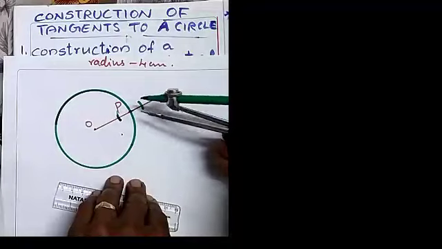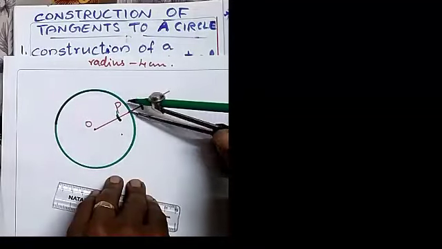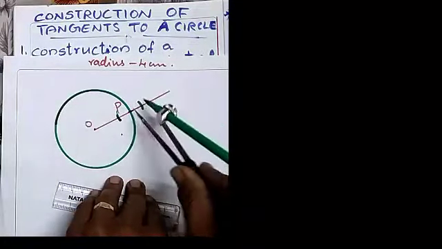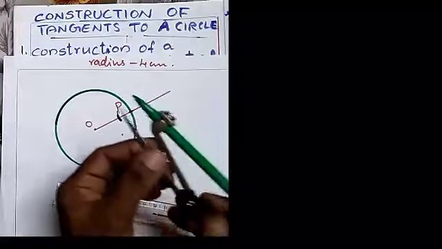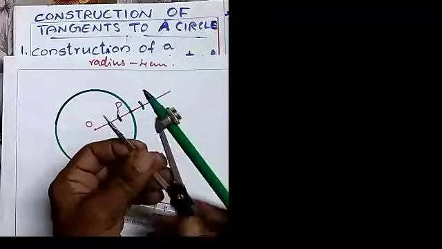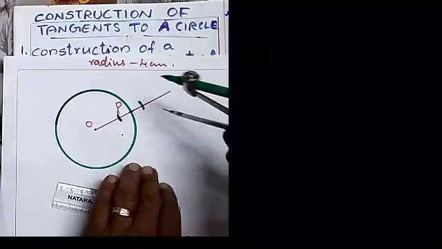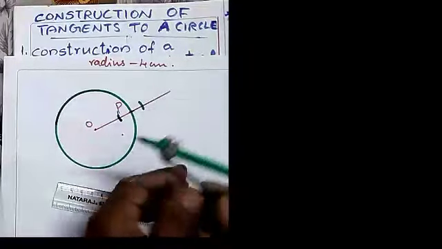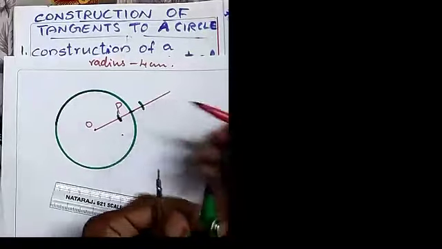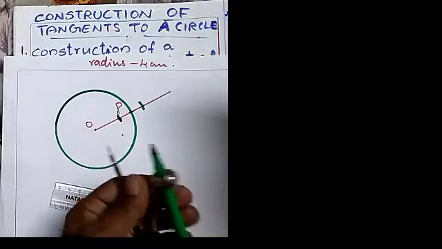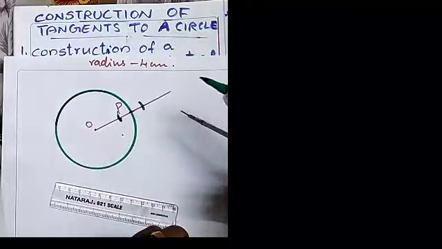You can see that from this point P, we are marking 2 points on both sides with a convenient smaller radius. Now, you extend this radius. Again, from these two new points on the line OP,